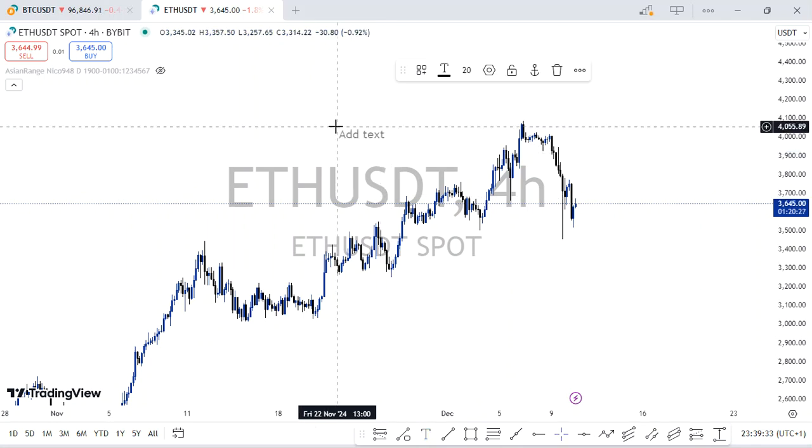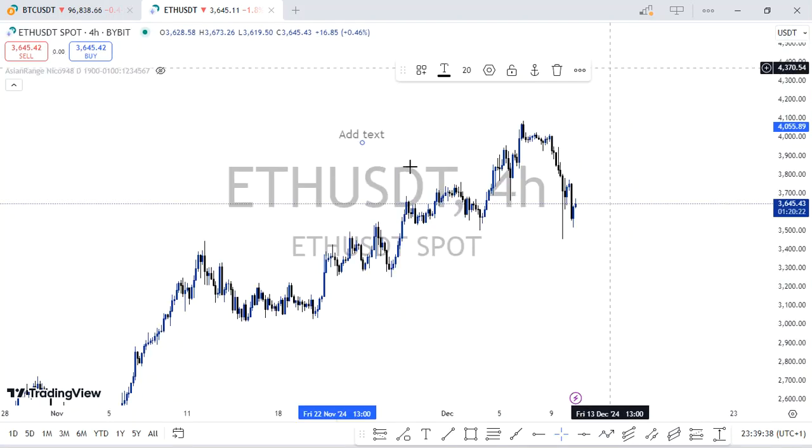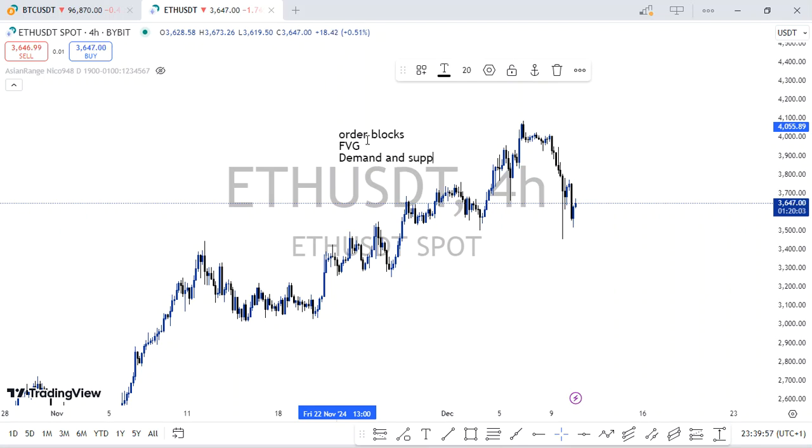We'll be looking at order blocks, OBs, and fair value gaps, FVGs. We'll equally be looking at demand and supply regions. These are basically the major points of interest that we'll be looking at, and then we'll equally be looking at how to